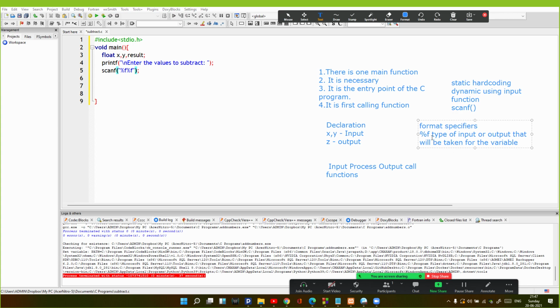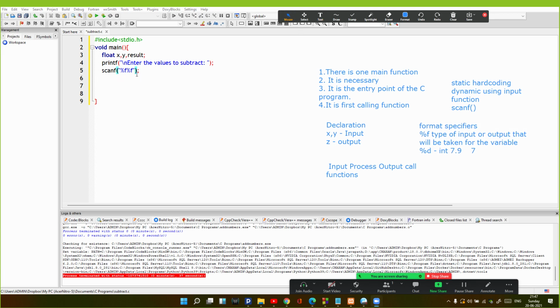So if I'm writing f here, then a decimal value, or a float value, can be stored in the memory. But if I'm using a different format specifier like %d, which is for integers, then even if I input float values, the memory is not going to accept the float value. It will only accept the integer part, which is the 7. So I have to be careful with the format specifier because it describes the type of input or output that will be stored or taken from the memory. Here I am going to input a float value into the memory, which is the value of x and y. So I'll write it twice, %f.